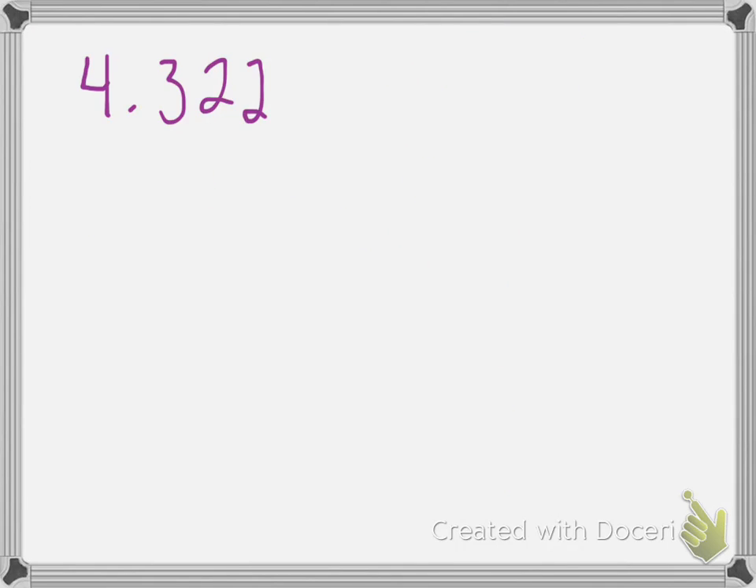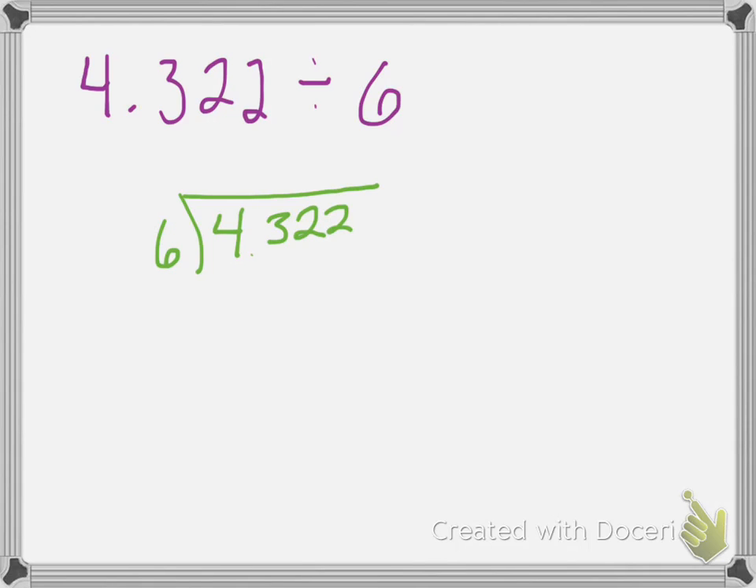Alright, let's look at our last example. 4 and 322 thousandths divided by 6, so I'm going to do my division. So 4 and 322 thousandths is going to go on the inside, and 6 is going to go on the outside. So I'm going to bring my decimal straight up, and then 6 cannot go into 4, so I'm going to fill that with a 0, but then it goes into 43 7 times, and that's going to be 42, and I'm going to subtract that,